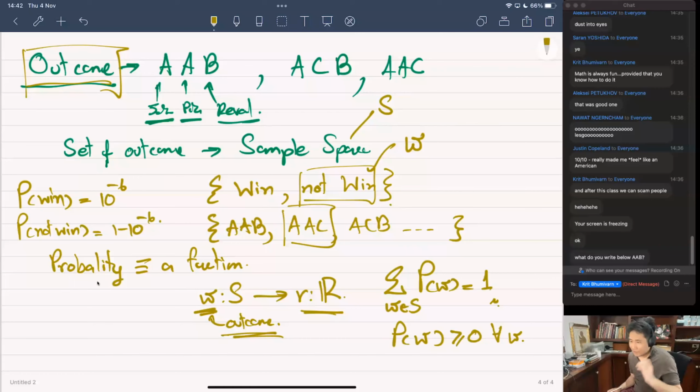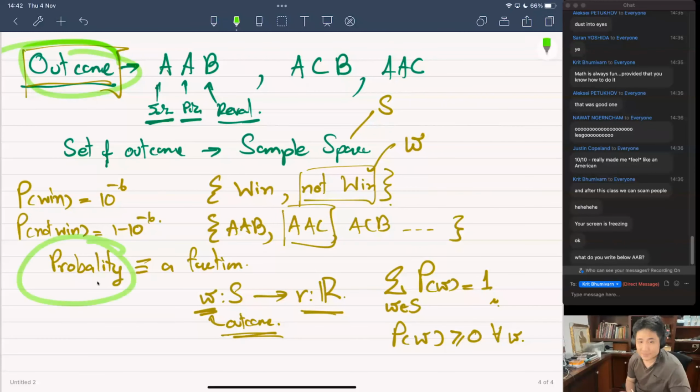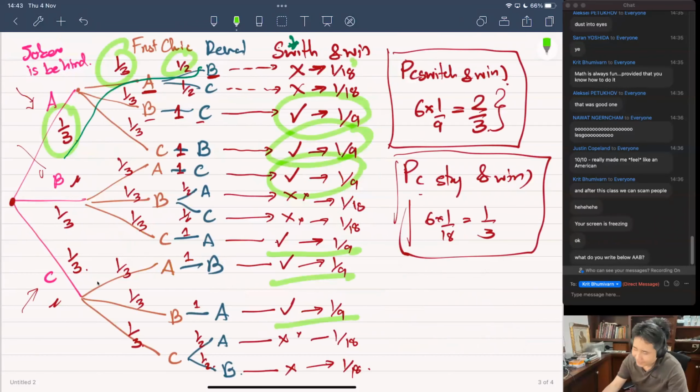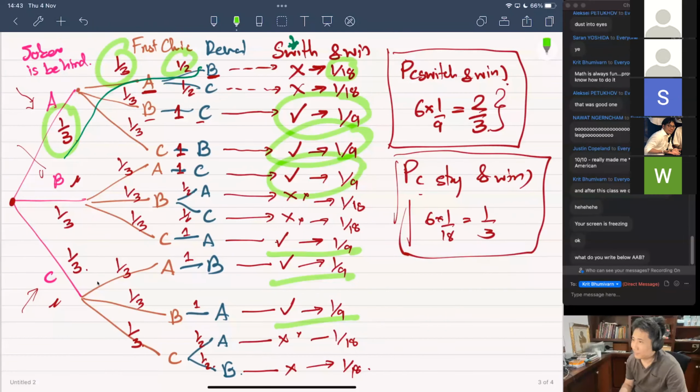Any questions so far though? We learned two things, right? The outcome, which is what could happen, and the probabilities. A probability is just a function. This is just a definition for you to get the idea. There's a formal definition in the lecture note if you want to read. But the idea is that you have a list of things that could happen and the associated probability for each of the outcomes. It's like this, the probability associated with each outcome.